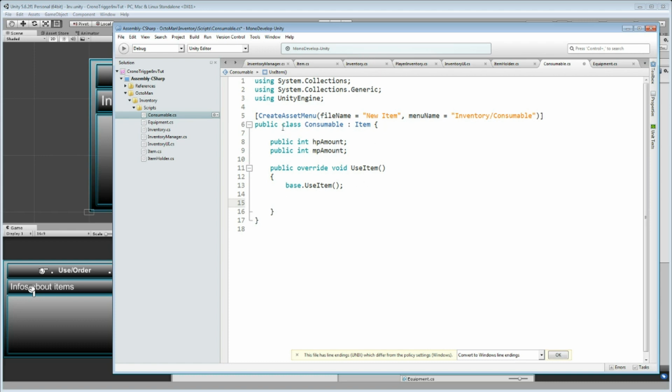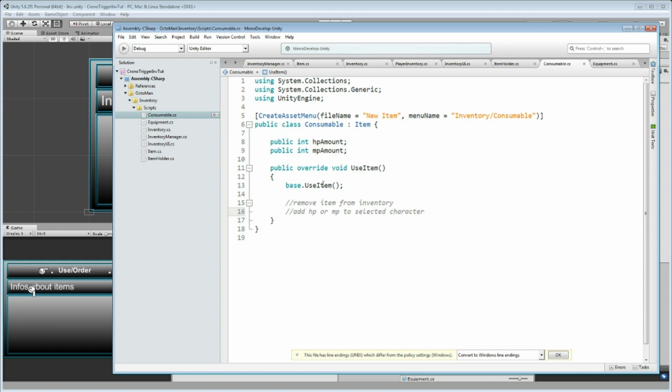For example, if we are consuming an item, we want to make sure that we remove the item we have consumed from the inventory. And of course we want to add the effect, whatever the effect is, or add HP or MP to the selected character. And that's what we're going to use that function for. Depending on who is calling this or how we're going to call this, which we later on do directly from our